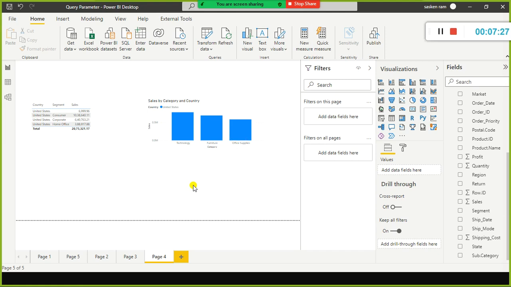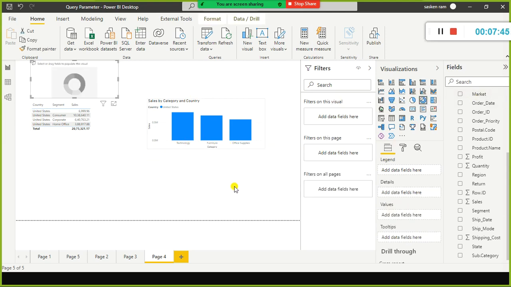Apart from that, what are the other benefits? The other benefit is that in all my visuals, I can see only United States related data. In addition to that, if I want to create any other visuals, apart from whatever you have created as part of this report, I can add my own visuals here.